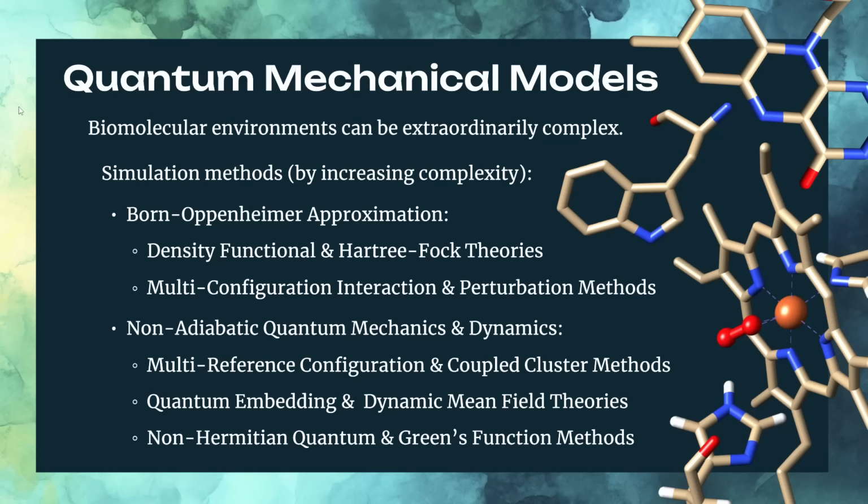Now, there's a lot of quantum mechanical models that are already used to study molecular biology. These systems, even on the molecular scale, can already be extraordinarily complex when we consider electronic states. If we look at the simulation methods that are already being used, we begin with the Born-Oppenheimer approximation, which says that the nuclei and the electrons orbiting around them, so to speak, can be considered separately. That the nuclei can be considered essentially classically as classical point particles, and the electrons can be considered as a kind of density, a uniform density or perhaps a variable density around the nuclear state.